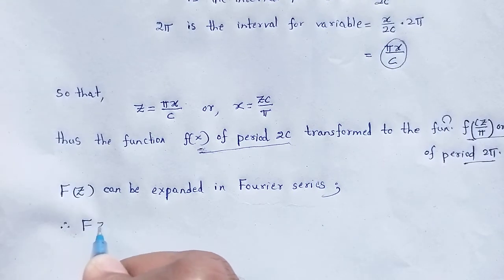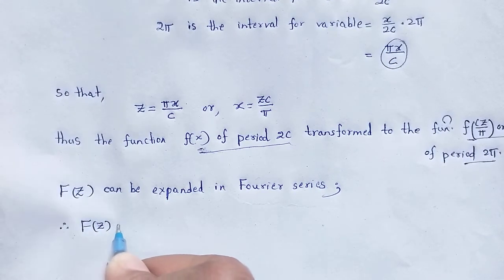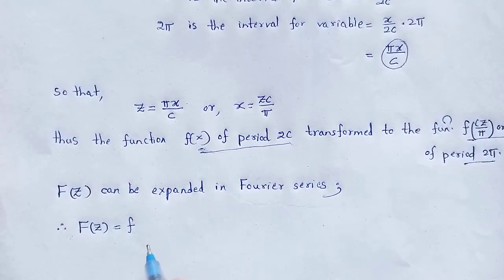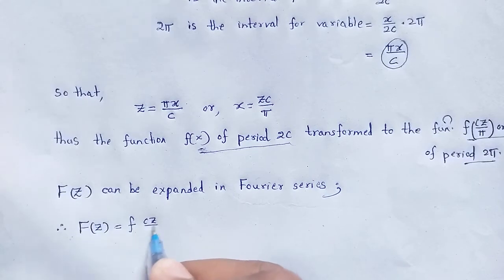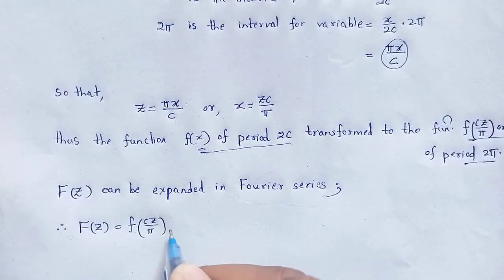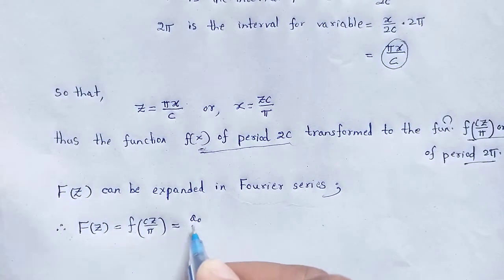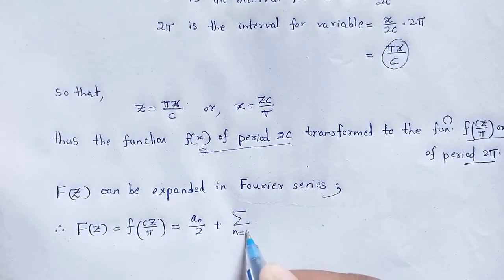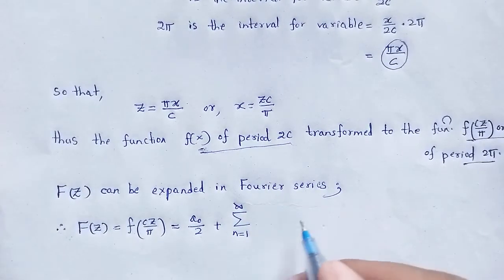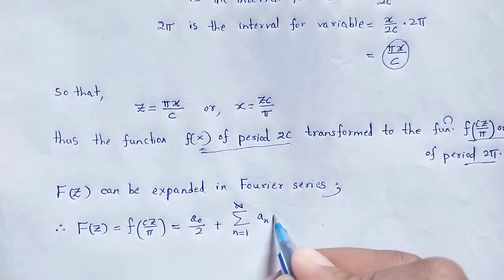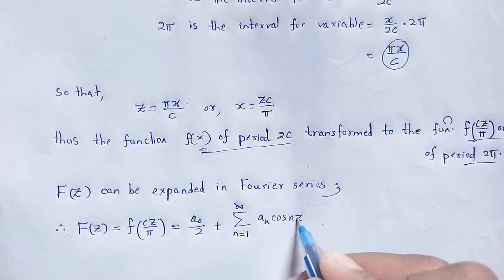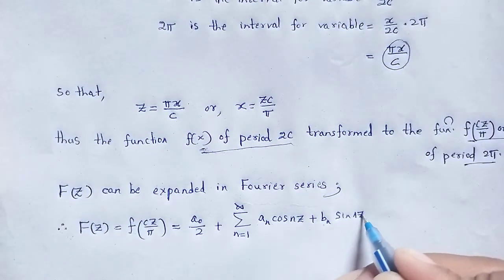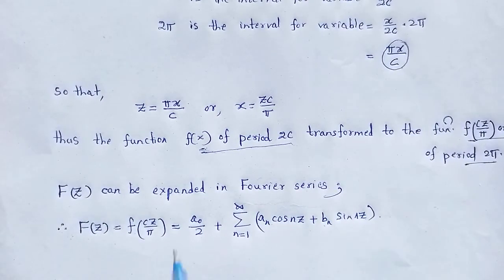Therefore F of z, that is f of cz by pi, is equal to a naught by 2 plus summation over n is equal to 1 to infinity of a n cos nz plus b n sin nz, where